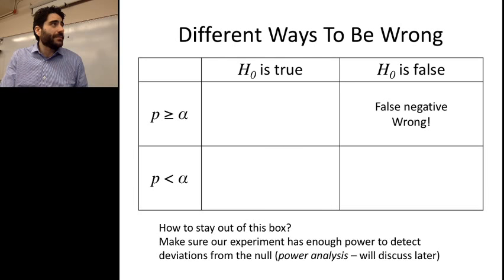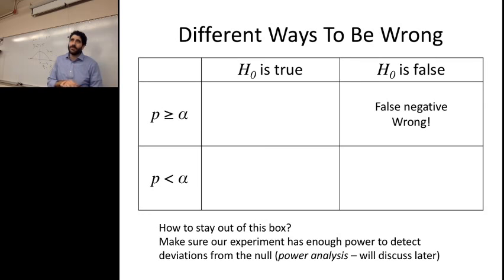And so the way to stay out of this box, we haven't really talked about too much yet, but what we want to make sure is that if the null hypothesis is false, our p-value is small. That if the null hypothesis is false, we can actually tell in our data that it's false. And so this basically requires our experiment to be well powered, which means, the main thing it means